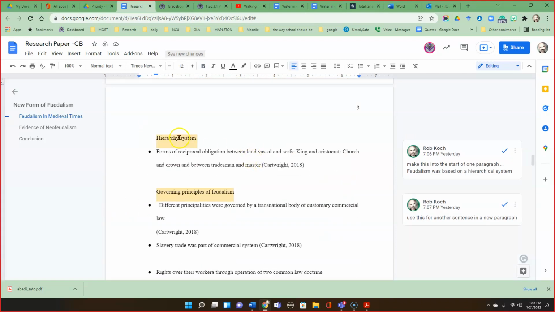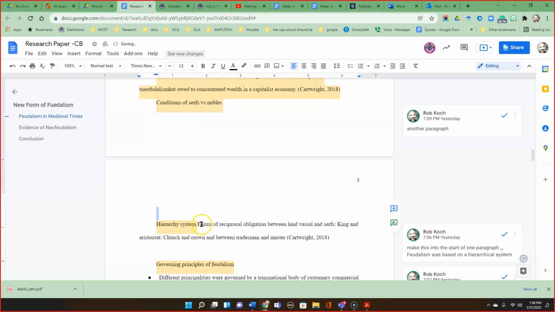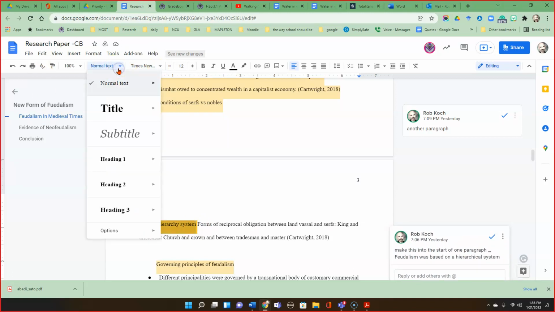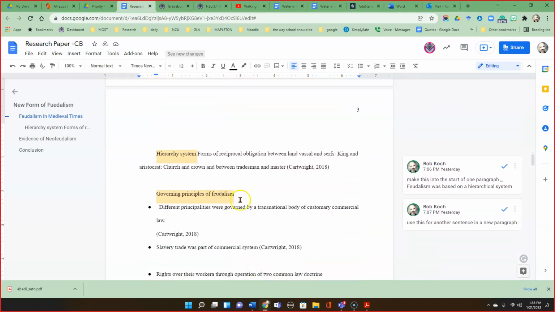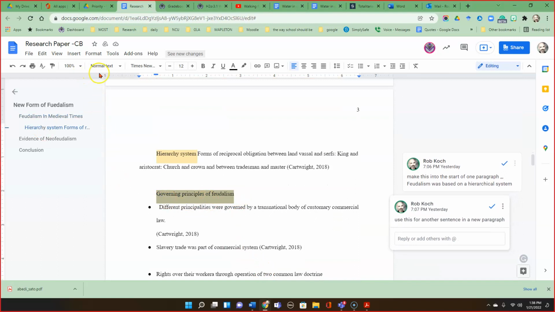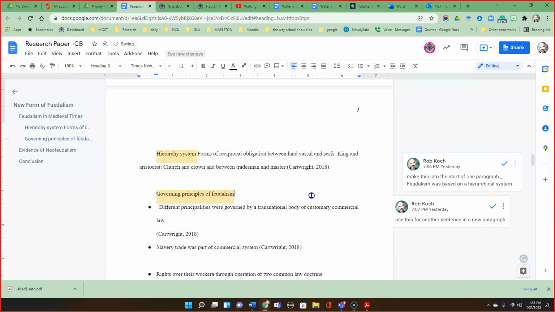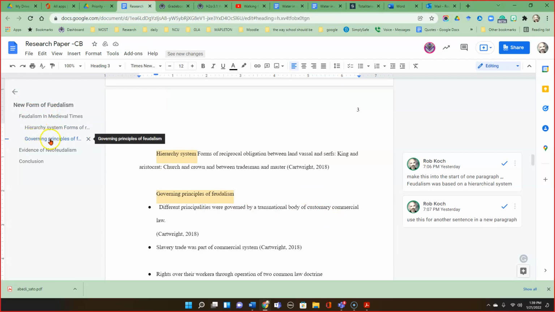And a level 3 heading right here. You can set this stuff for level 3 heading too. Yes. So then it looks like here, oh, hi. So feudalism, and then under that is this, right? Governing principles. I think this is another level 3 heading. So let's go here, level 3 heading, and there it is. So I know that feudalism, and do you see how the outline is really now serving